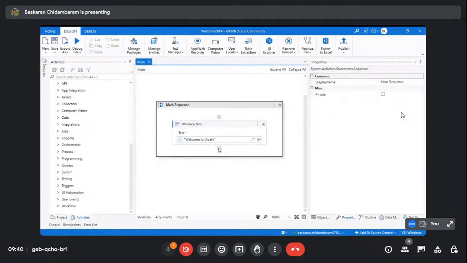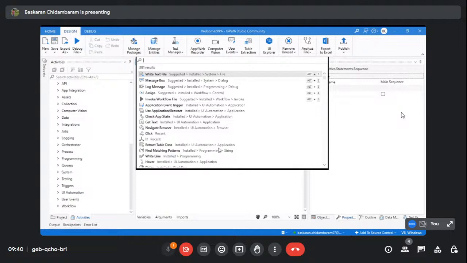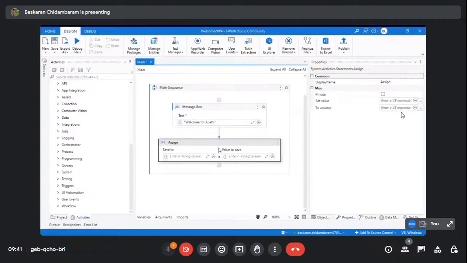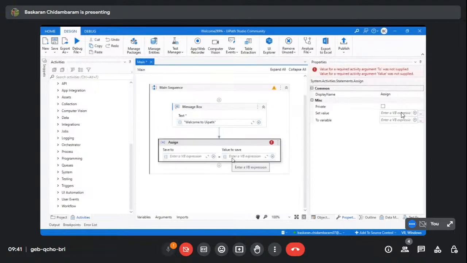Just for example, I'm clicking on this plus icon just to add an activity. Now I'm typing assign. Assign is nothing but you want to assign a value to a variable. Now you will be having some question. What is this red indication and what is this yellow indication here? If you see,